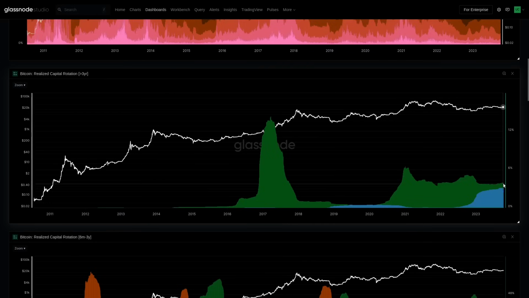So even if we add these together, we're talking about sub 10% of the total wealth held by these groups. Now, you can also see they don't necessarily exhibit an overly cyclical behavior. When you've held your coins for more than 3 years, you become much less price sensitive. You're more likely to have this kind of long-term investment, and whether you're buying or selling based on price is potentially even less important than if you're just buying or selling based on your lifestyle.